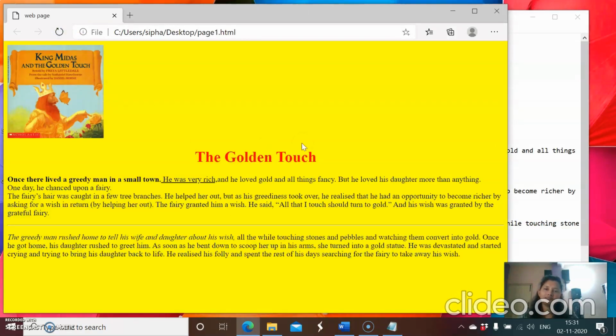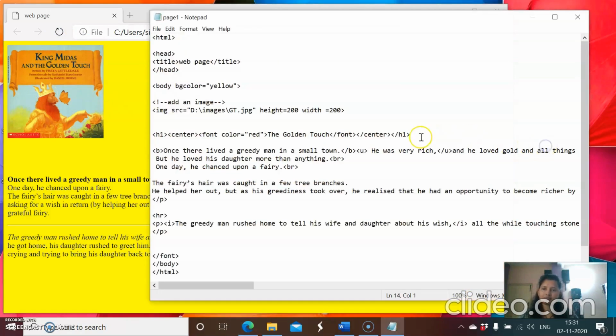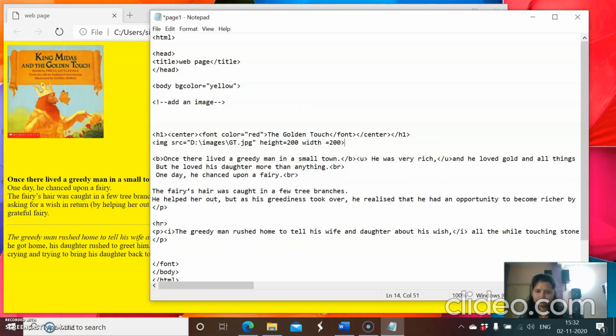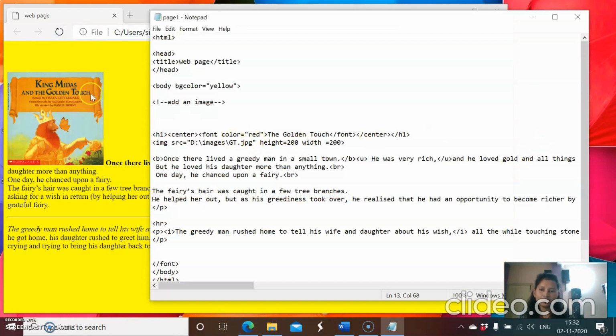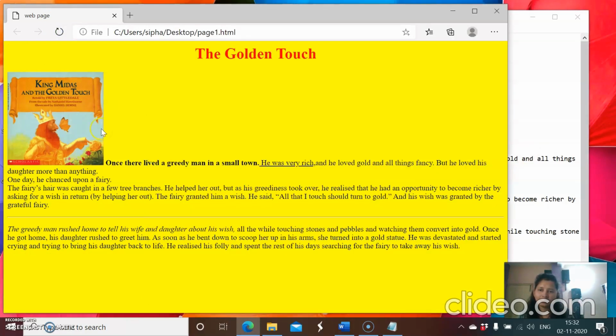Okay, and I want to add this image after the heading. So I'll cut and paste. Save. Fine. And what you can see, the image is here, but I want to write the paragraph.